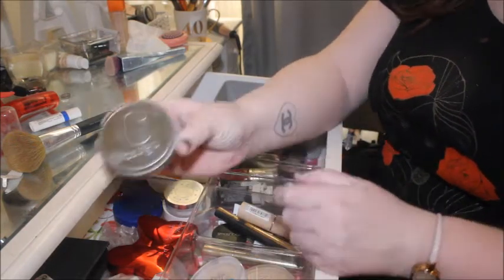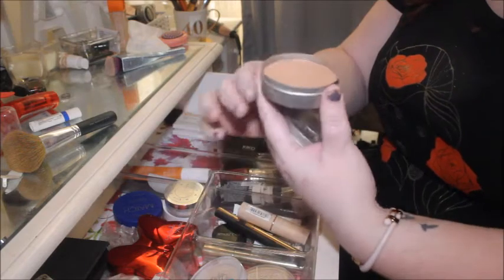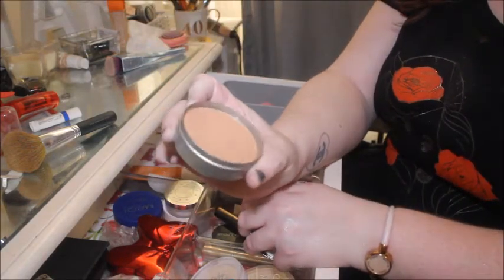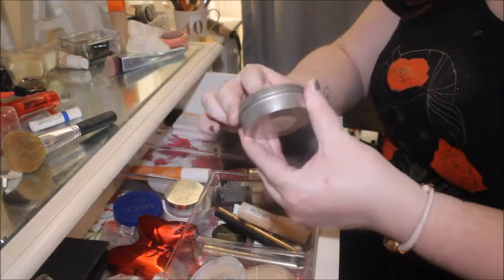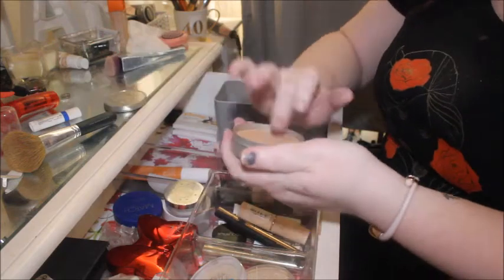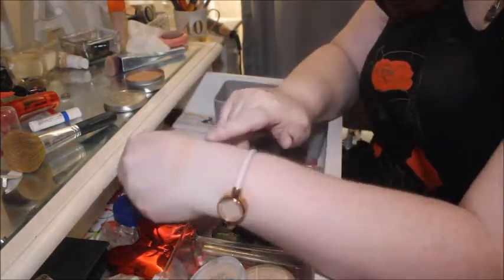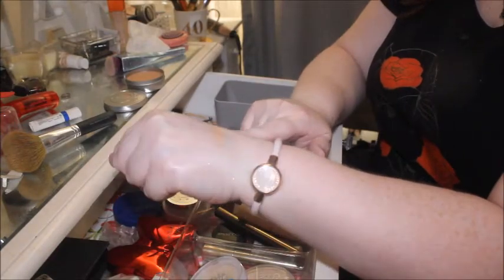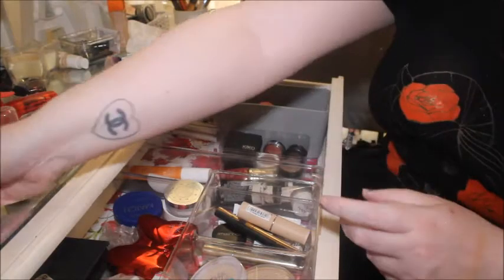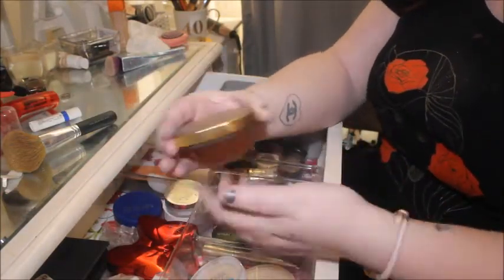So we've got the Cargo bronzer, which I've really been enjoying using. I use this, and I also use the Too Faced one, which I'll show you in a second. It's really light. It's perfect for my skin tone. Let's show you. Very smooth. Can you see it's just really nice for my skin tone. I think it's a similar shade to the Too Faced one. That's going back anyway. Then we've got the Too Faced Milk Chocolate Soleil,